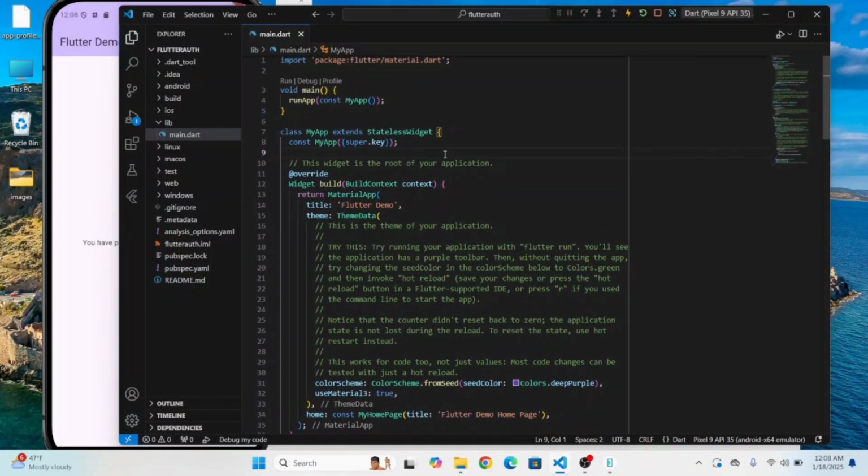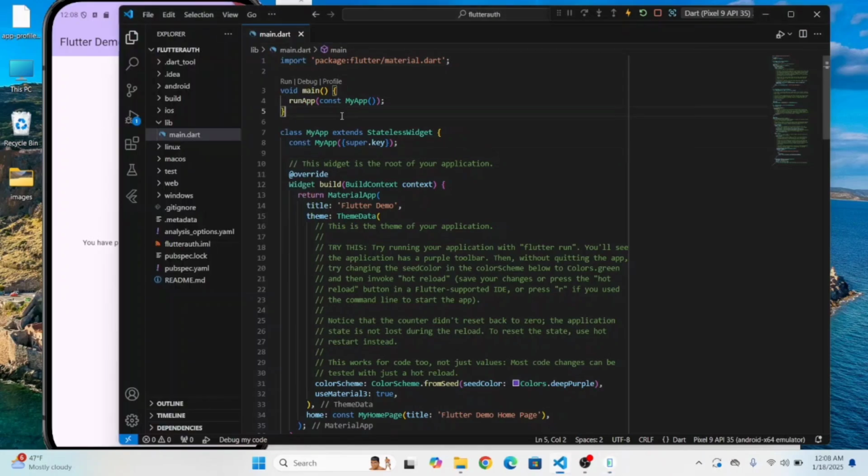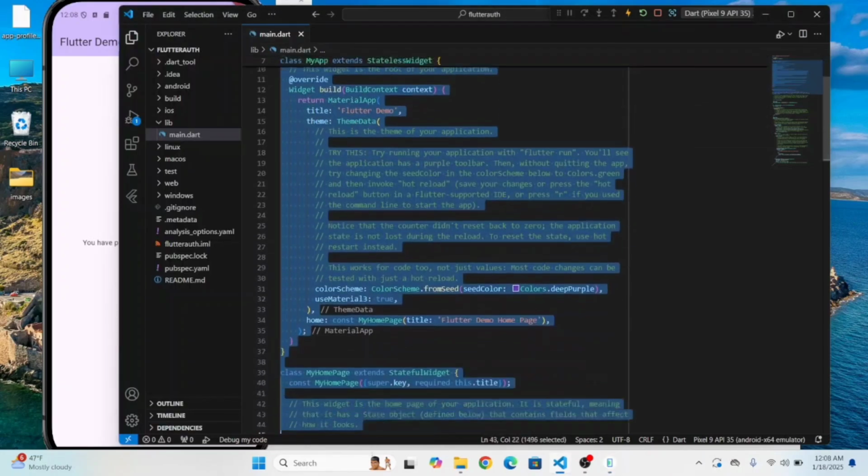Hi everyone, in this video I'm going to show you how to create a login and registration form UI in Flutter. First of all, let's create the new Flutter project and you'll get this lib folder and open this main.dart file which is located in the lib folder, and let's delete this default counter app. Okay,